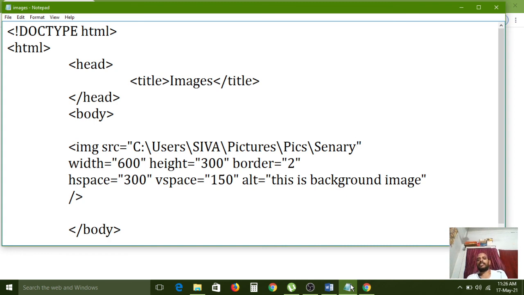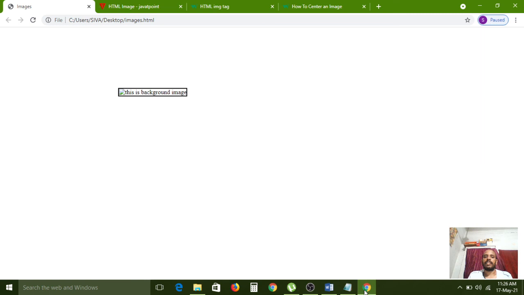In this, the align attribute is not working properly, but align left and right, these two are working. Instead of the remaining options, middle and top, hspace and vspace are very useful. Understand? So the image concept is also completed in today's session, and in the next session I will come with a new hot topic. Now I am closing this session. Thank you very much.